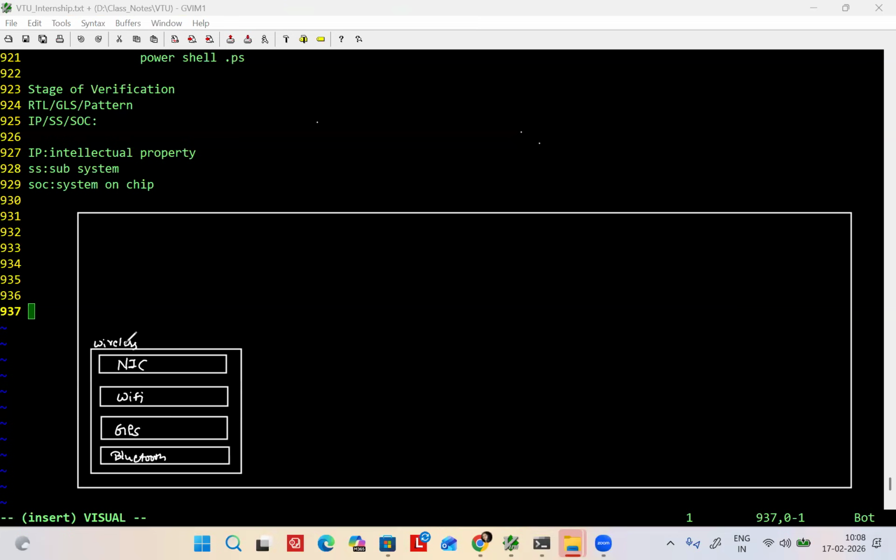Network interface card. Subsystem. Not NIC, NFC something. One more wireless is there. NIC wireless, I doubt. Is it wireless? Okay, double check whether it is NFC or NIC. I'll just keep that with a cross mark. Rest you can note.